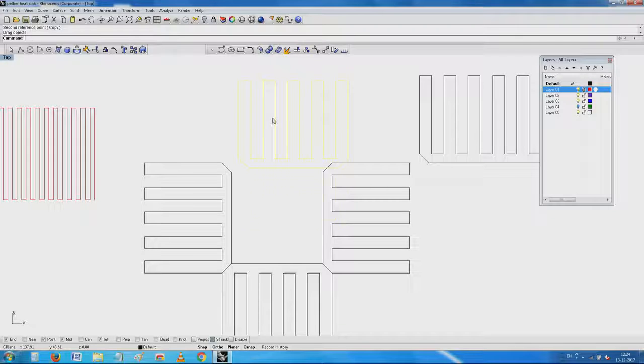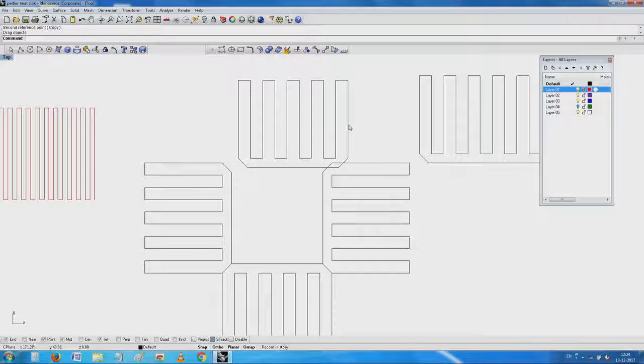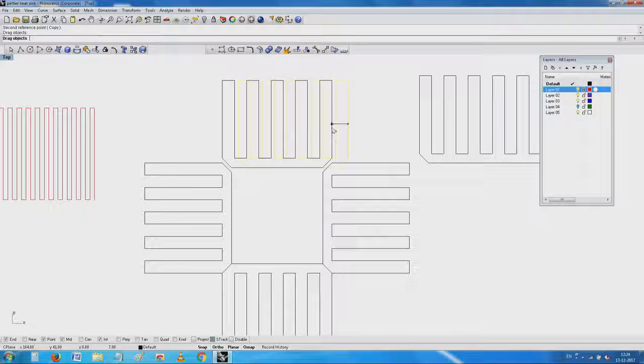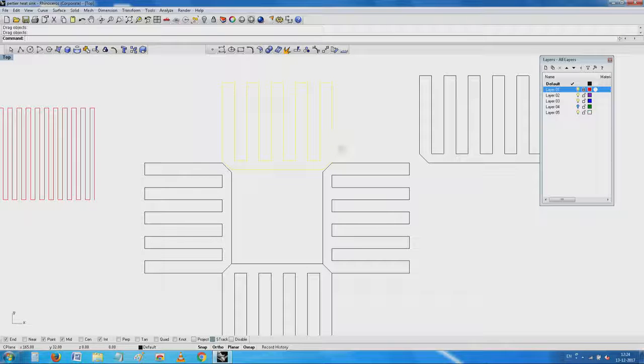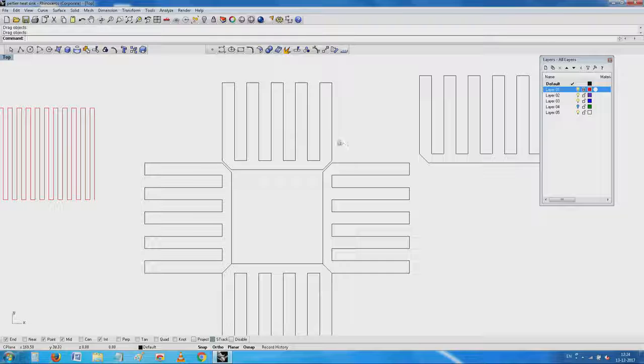Seen here, something has been made which is exactly what I am trying to attach, 4 of these on 4 corners like this. The moment I have it, the dimensioning also has been done such that from here to here it is 40 mm, approximately 40, this is 40 and this is 40.